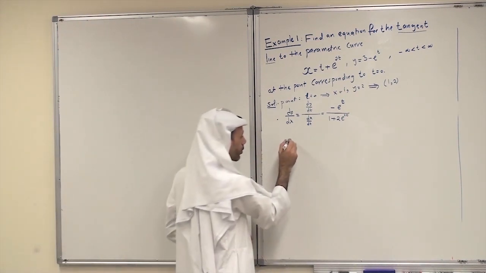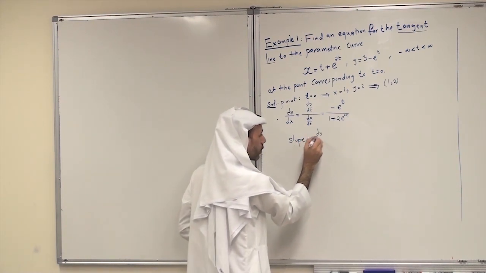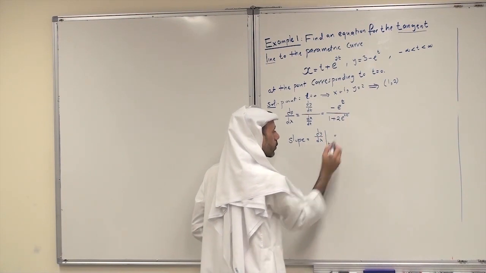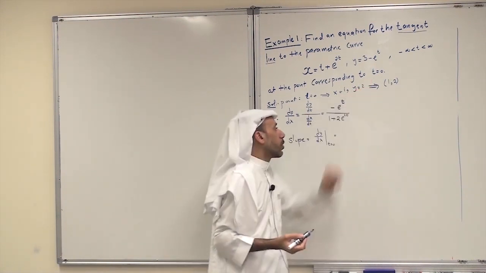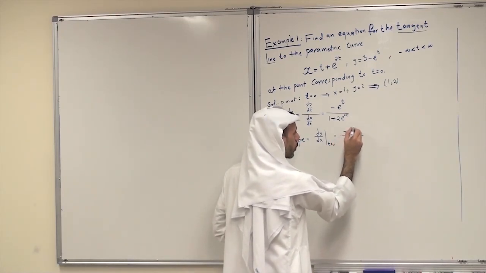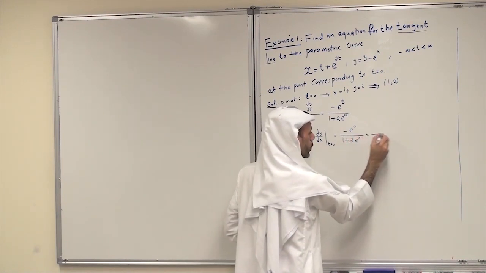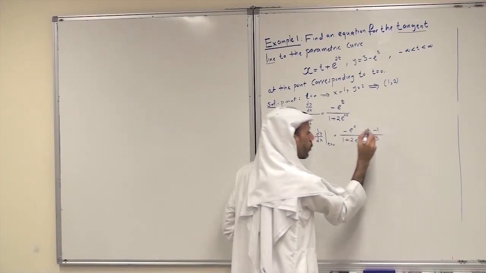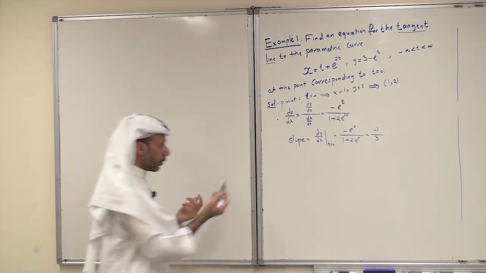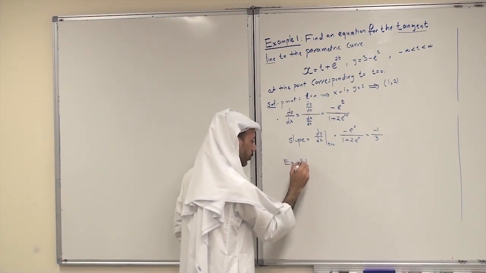For the slope, it is the derivative dy/dx at the value t equal to 0. Substitute, you get the following: minus e to the power 0 over 1 plus 2e to the power 0, and this is just minus 1/3. With a point and the slope,